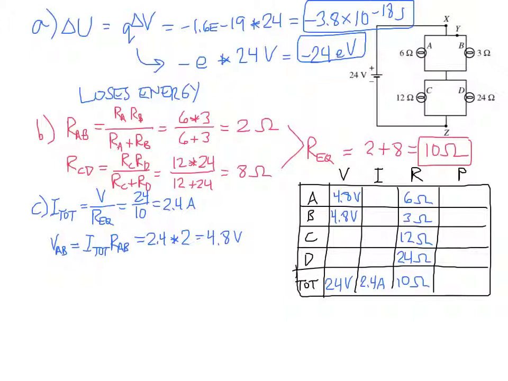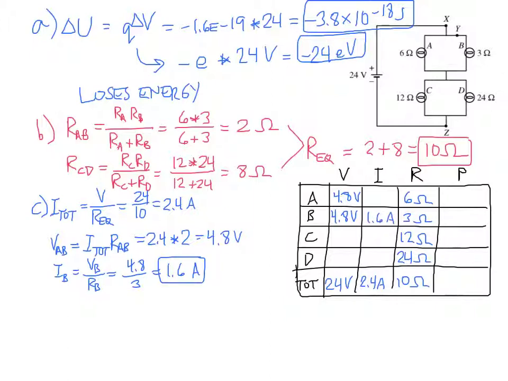Now again, we're only concerned with the current through resistor B, or bulb B, which is the voltage across bulb B divided by the resistance of bulb B. The voltage across bulb B was 4.8 divided by the resistance of bulb B, which is 3, and that's equal to 1.6 amps. So that's the answer, and I'll go ahead and fill it in the table, of 1.6